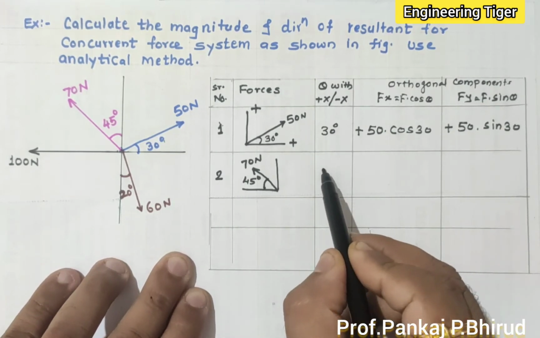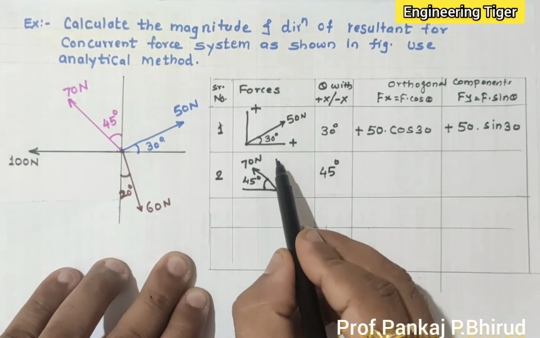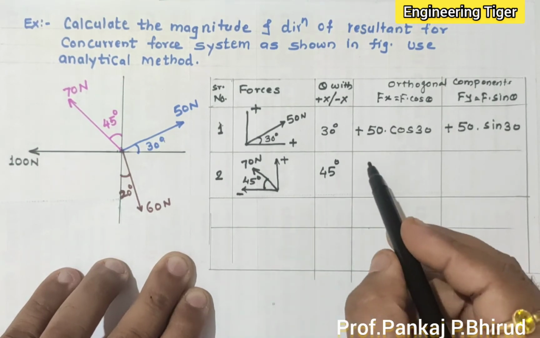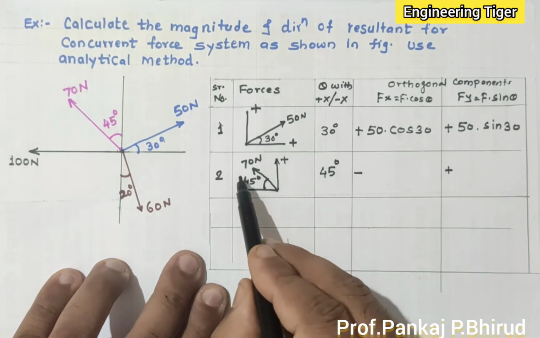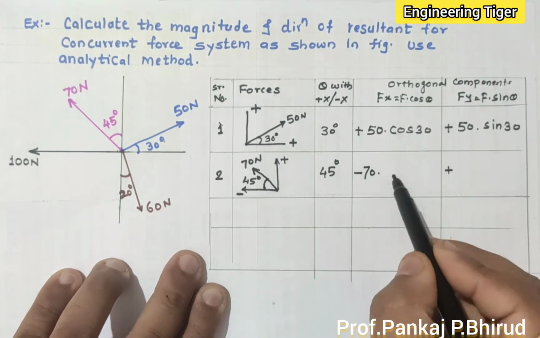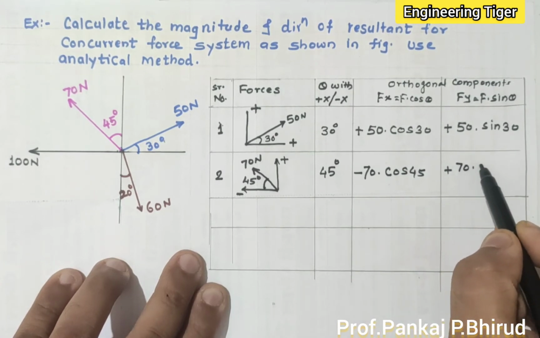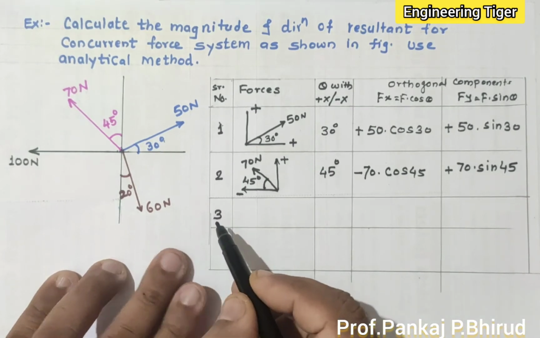So here theta with the negative x-axis is 45 degrees. Cos is positive and negative for the second quadrant, so the x component will be negative and the y component will be positive. So it is 70 cos 45, and this is 70 sin 45. Okay. Then the third force is